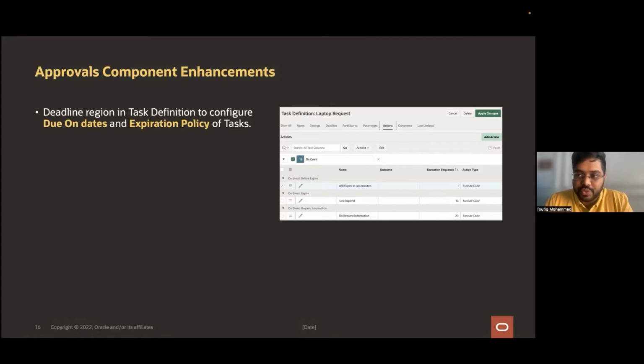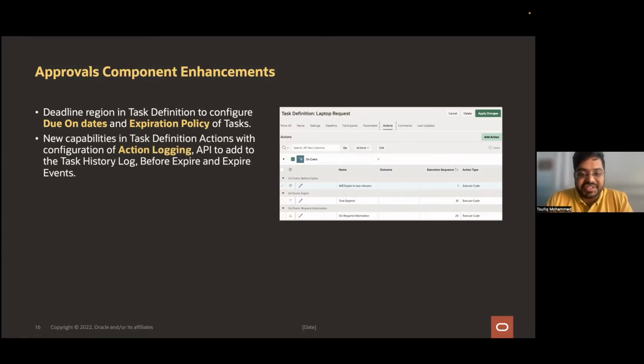In Apex 22.2, we have some new features like due-on types, for example. So you can define a due-on date to be coming from an SQL statement or function body. You can also define expiration policy, which tells what should happen to your task once it passes past the due date. In the task definition actions, you also have the flexibility to define what kind of action logging you need. Sometimes you don't want all the action logging that the Apex engine is producing, right? So here you get the flexibility to define when should the Apex engine log history. Not just that, we also exposed a PL/SQL API so that you can declaratively add logs to the task